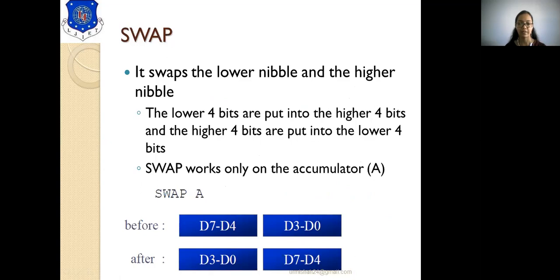The swap instruction works directly on the accumulator only, so you have to use the accumulator data for performing the swap operation. You can see here the higher 4 bits go to the lower 4 bits and the lower 4 bits go to the higher 4 bits after the swap operation.